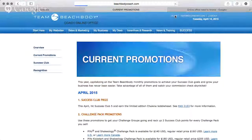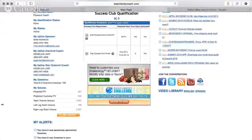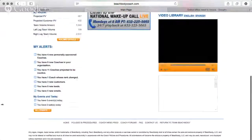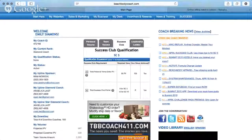So I think that's really all I wanted to touch base on right now, especially for the newer coaches and someone that didn't know that the previous office existed, which I didn't for a while, so it's pretty helpful to me, so I figured I would share that information with you. So with that being said, I don't know why all this is opened. I just hope that